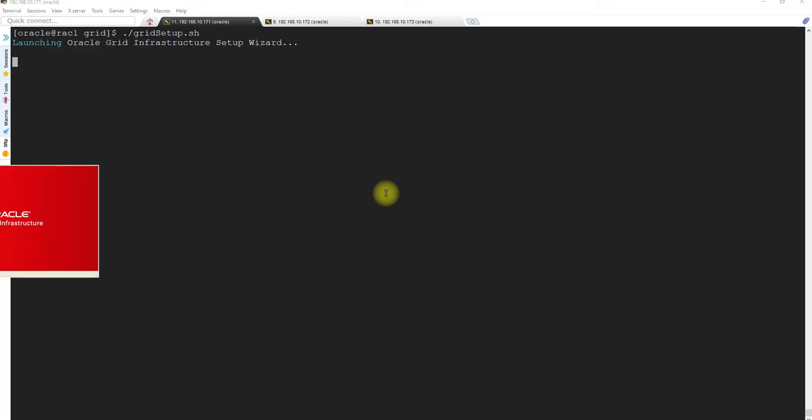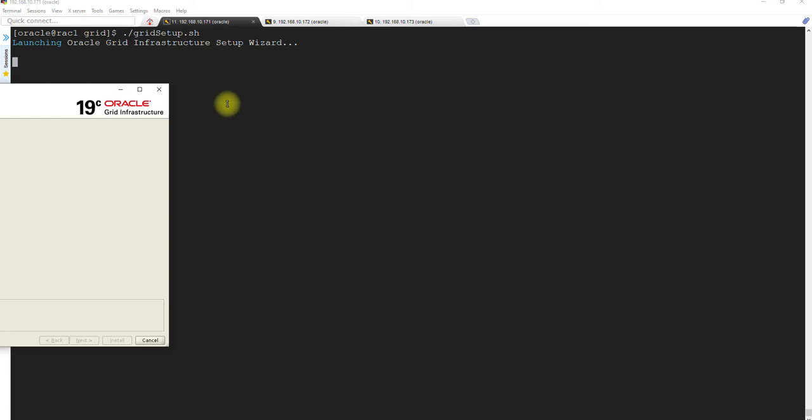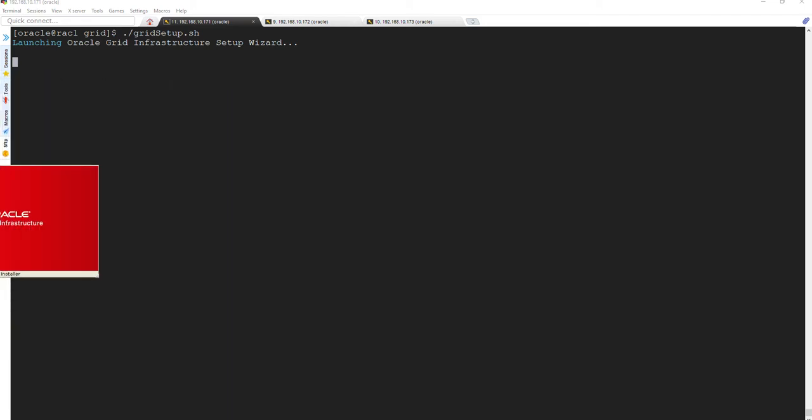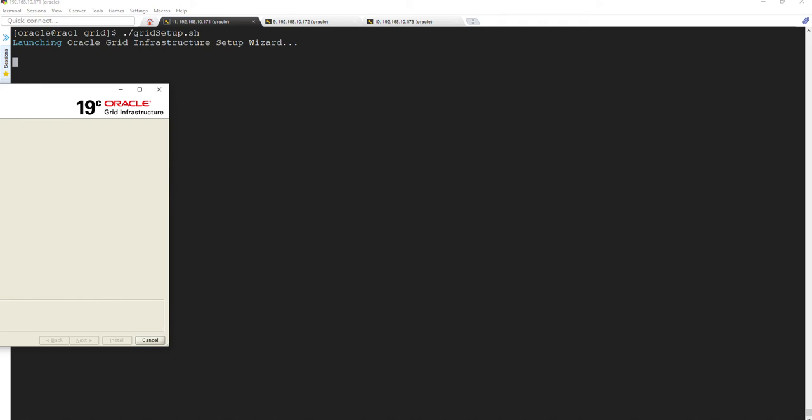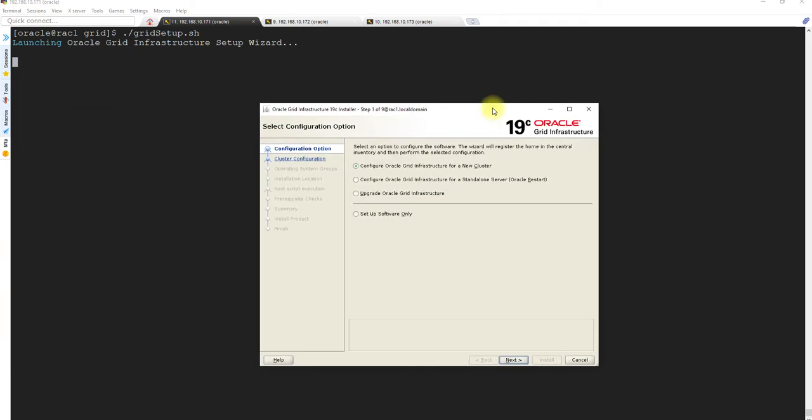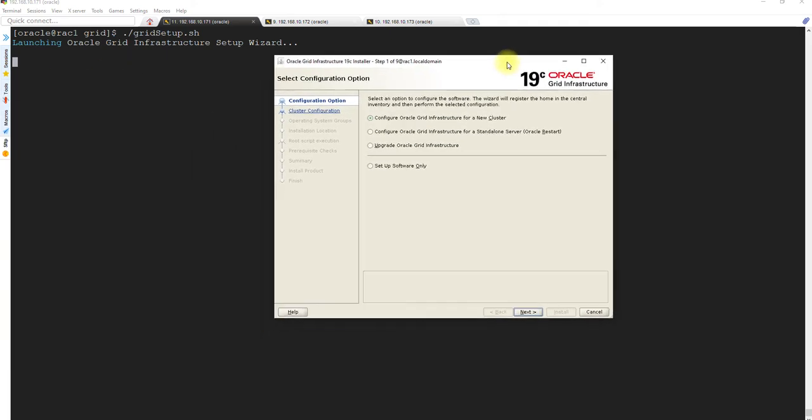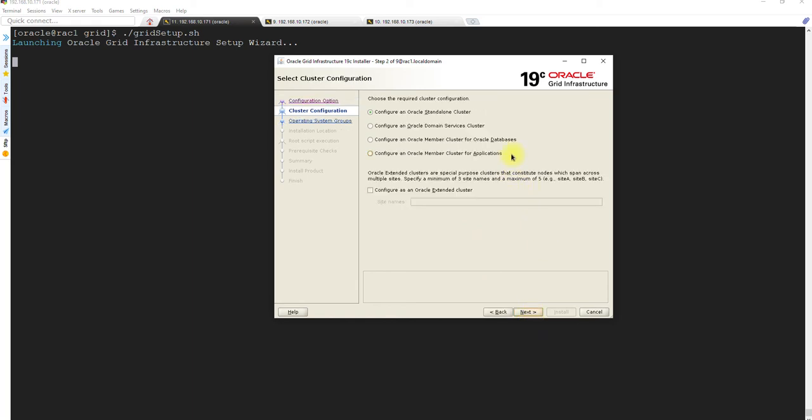You will see a graphical user interface coming up. Okay, it's here. Select the first option because we will be setting up the new cluster. Okay, don't worry about others. Go ahead. You need to set up an Oracle standalone cluster. Don't worry about others. Okay, just select the first one. Go ahead.